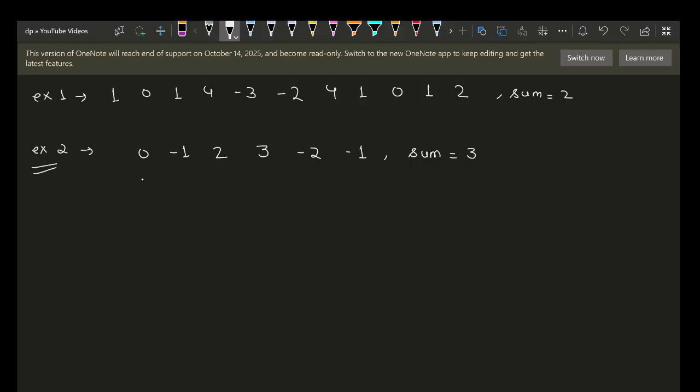So maybe we can try and generate subsequences, but that is not going to help here because we need subarrays and subarrays need to be continuous, right? So the core intuition behind this algorithm is: let's say from left to right index, the array has a sum of x plus k from index L to R, and then it has a sum of